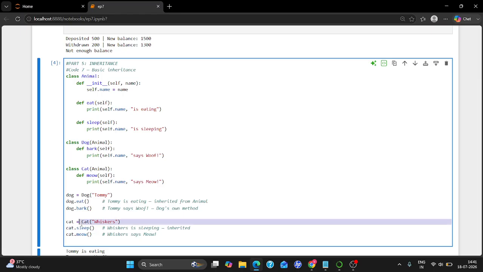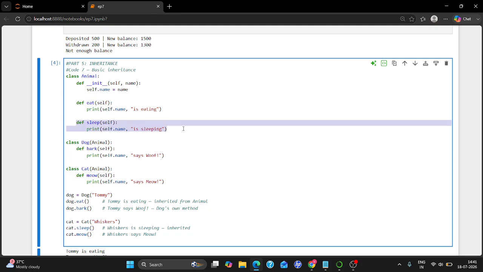And when you do cat dot sleep, it will first go to the Animal class, go to this def sleep method and print Whiskers is sleeping. And when you do dot meow, it will go inside,